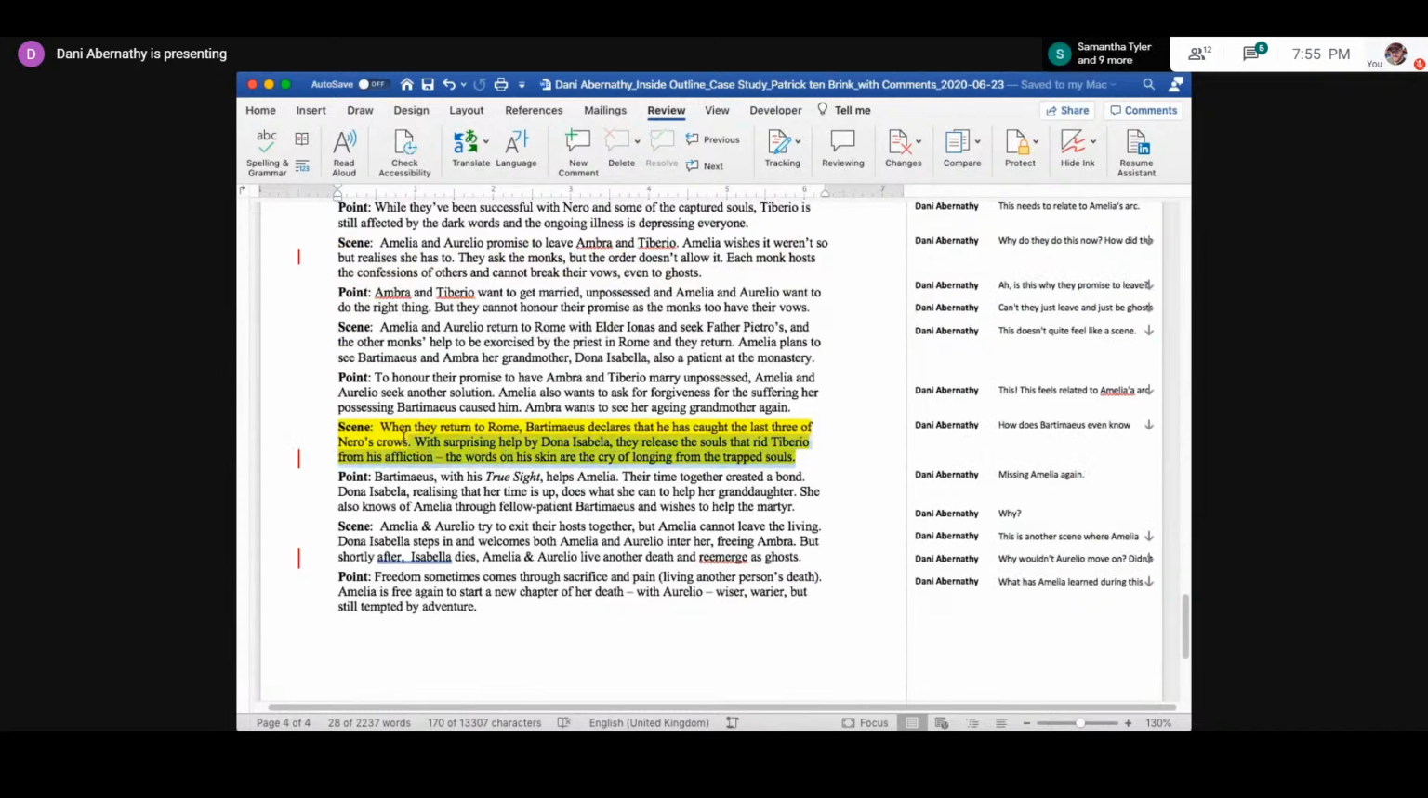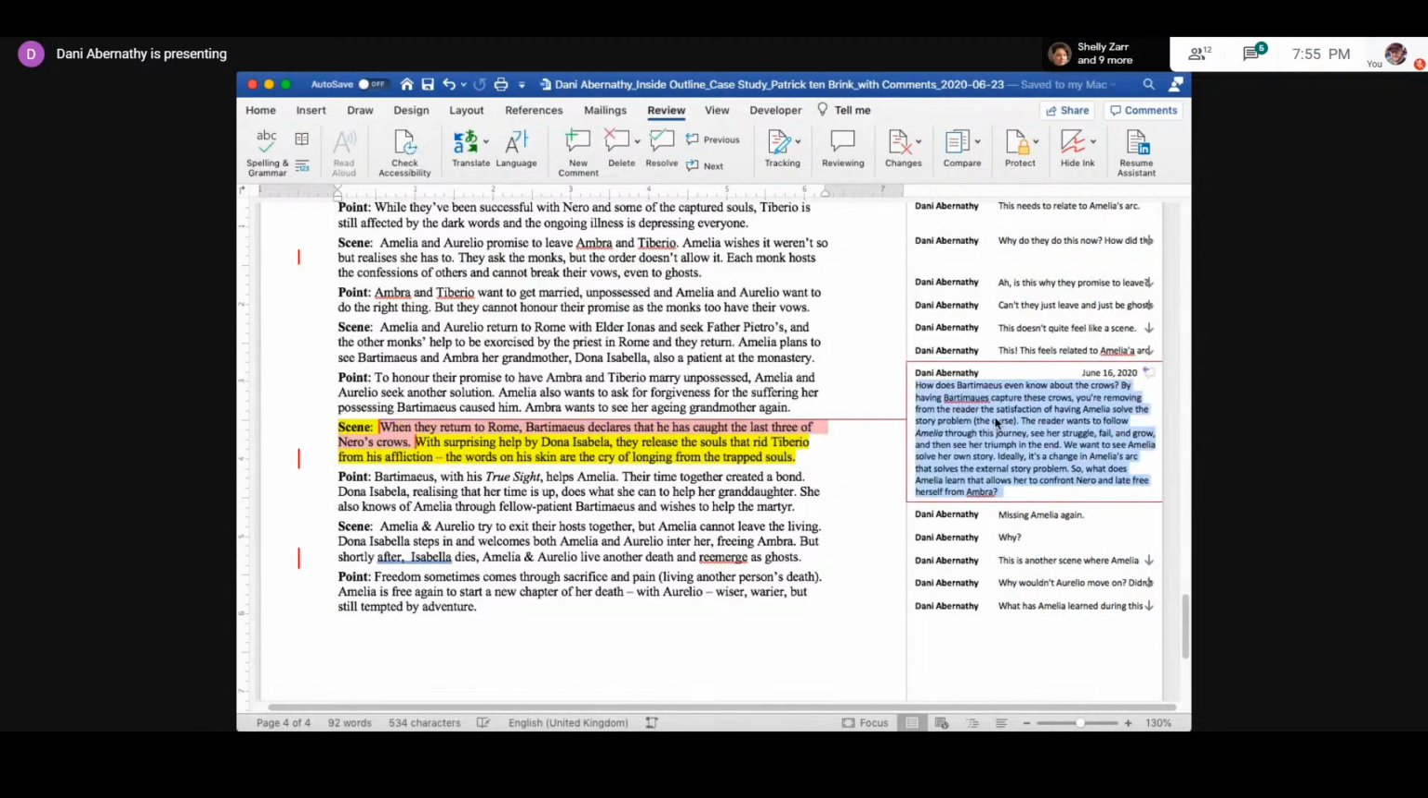Here, Bartimaeus captures these last three crows who are kind of holding Nero's curse. And then Donna Isabella, the older woman that they actually go into at the end, releases the souls. And so I said, how does Bartimaeus even know about the crows? By having Bartimaeus capture these crows, you're removing from the reader the satisfaction of having Amelia solve the story problem,